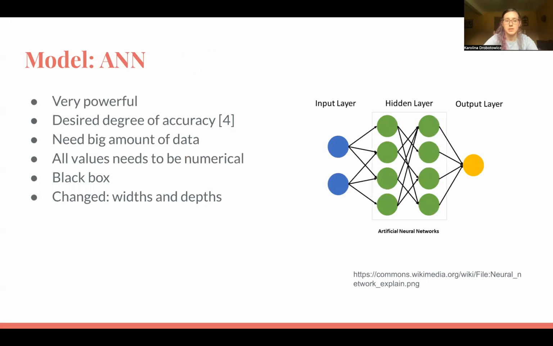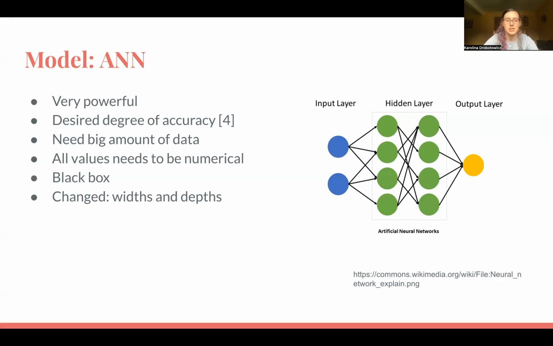Firstly, about artificial neural networks. This is a very powerful model. Sources tell that they can approximate every existing function to any desired degree of accuracy, even if we don't know the function we want to approximate. However, they do need a big amount of data, and all values need to be numerical, which can be problematic when we change the